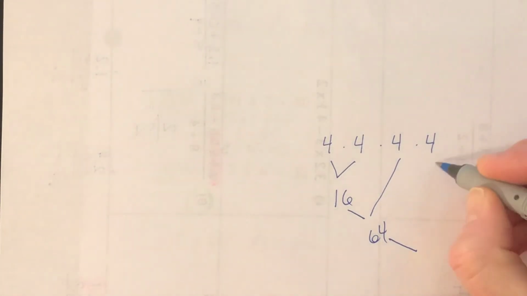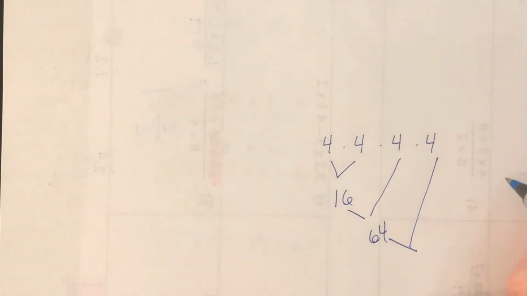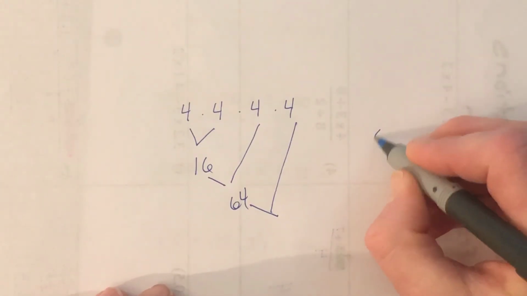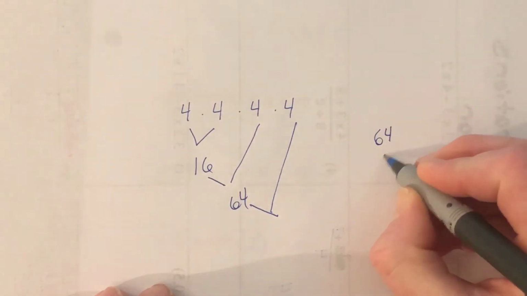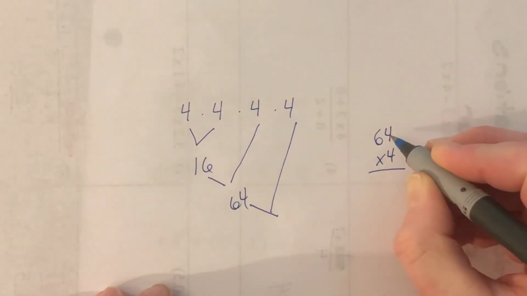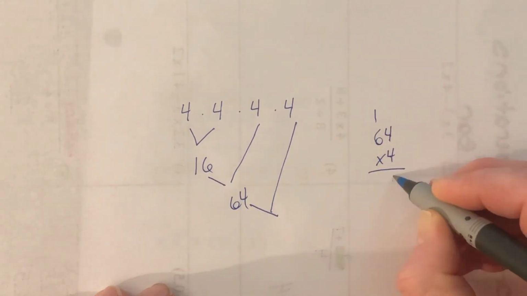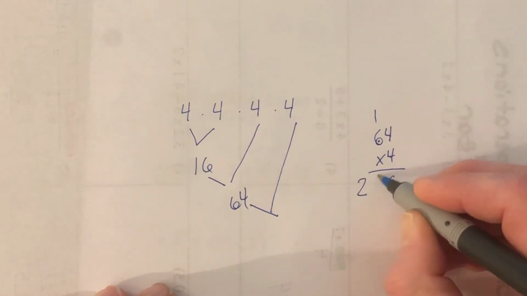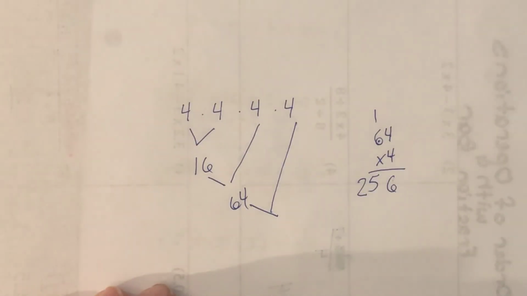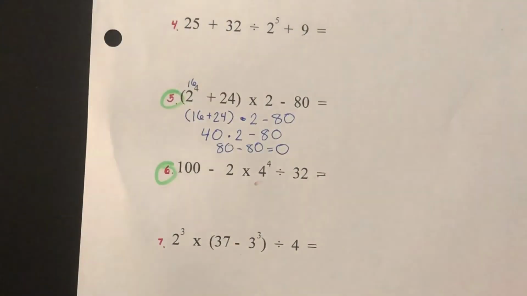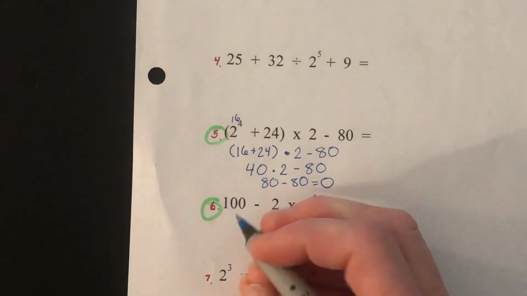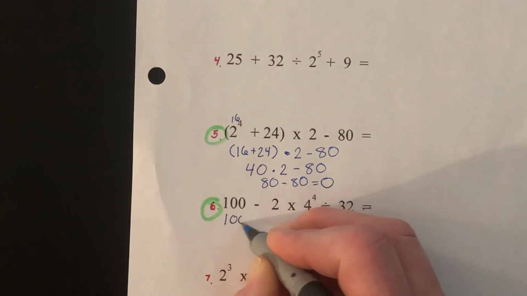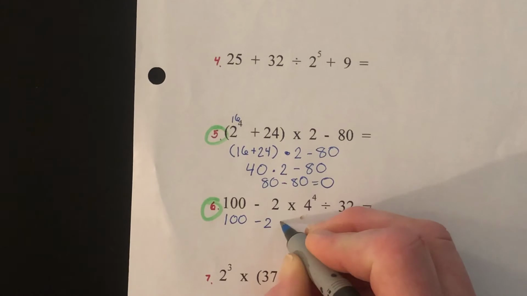Now I still have 64 times 4. Let me write that out. 64 times 4 is 256. All right, so now I have 100 minus 2 times